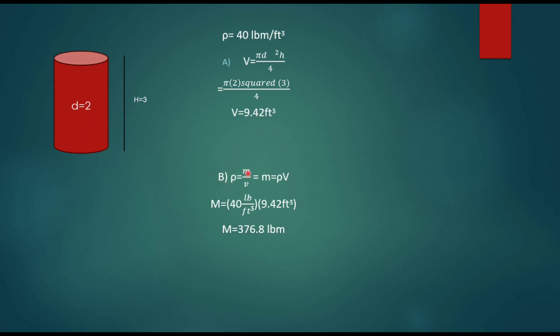density is equals to m over v, so mass is equals to density times the volume. So mass is equals to 40 pound per cubic feet times the 9.44 cubic feet, which is the volume. So mass is equals to